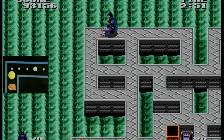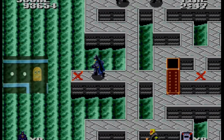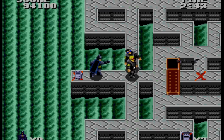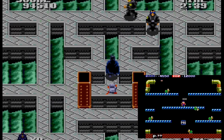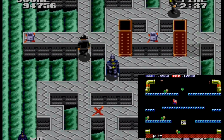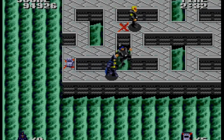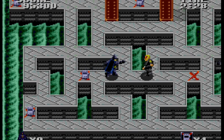of sorts comes in the form of a Batarang, which you can strengthen in both speed and distance through power-ups you pick up. Once you nail a thug with a Batarang, he's stunned like a KO'd Koopa in Mario Brothers, which is your chance to knock him out of the picture for good. It's a little annoying that you can't move while you're throwing a Batarang, and you will die a lot from that, but that's just part of the game and you learn to deal with it in a risk-reward kind of